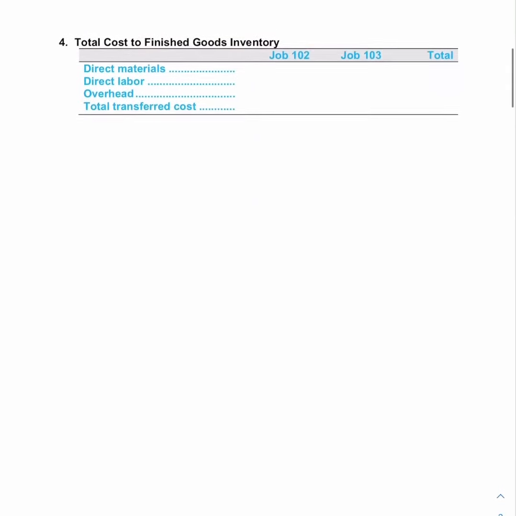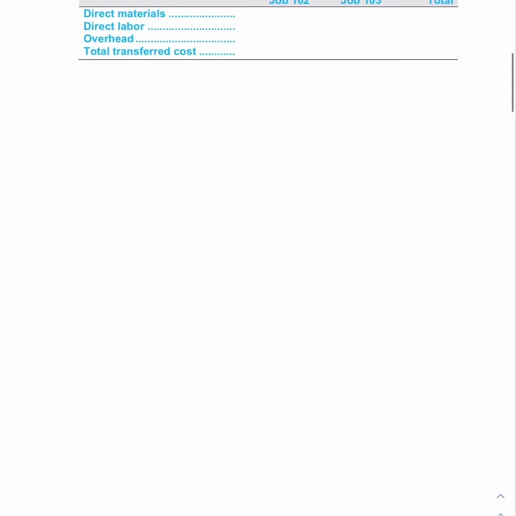Now moving on to the very last part of this question, we're going to figure out the total cost to the finished goods inventory. So for job 102, we've got direct materials of $15,000. We've got direct labor of $8,000. And we have overhead of $4,000, which gives me $27,000. For job 103, I'll take my $33,000 in direct materials, my $14,200 for direct labor, and my $7,100 in overhead for a total of